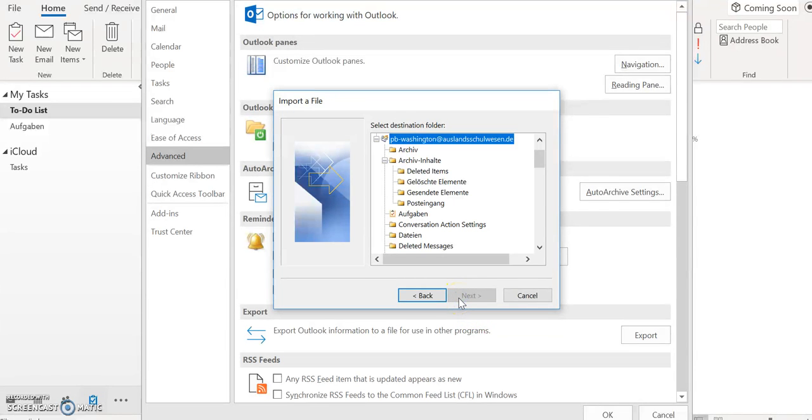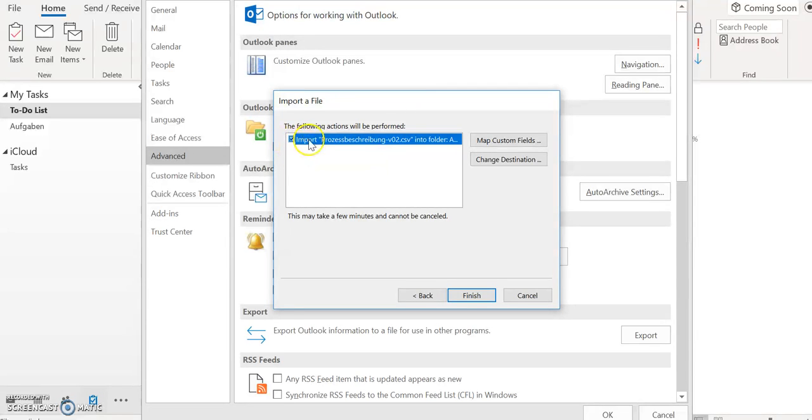Go to Next, and unfortunately now you will see that my Outlook is speaking German. So instead of the word task, you find in German Aufgaben, but look in the English version for tasks. You click on Next,